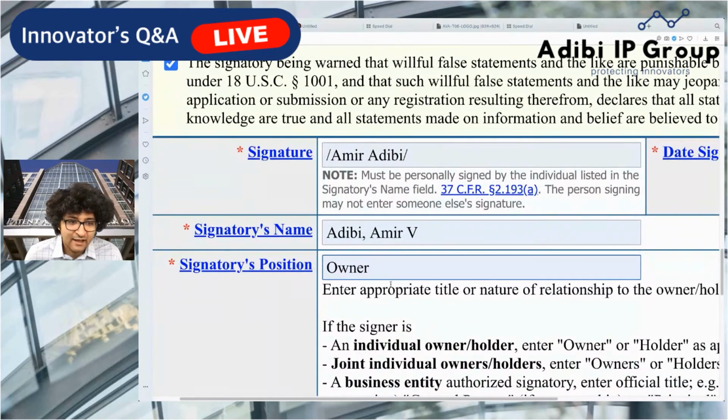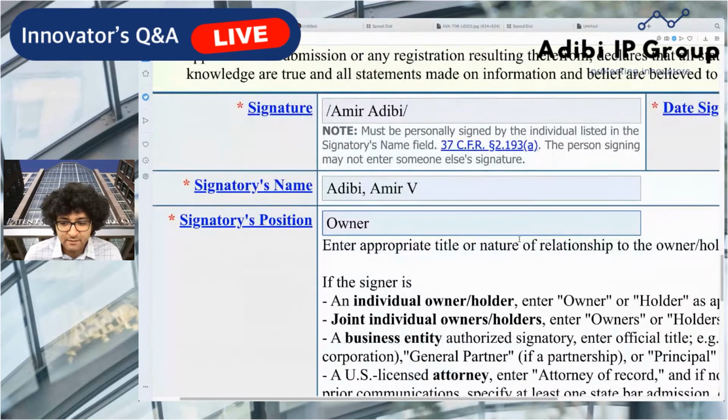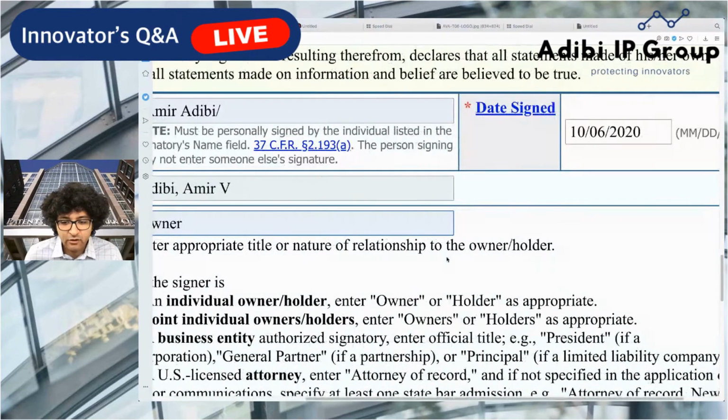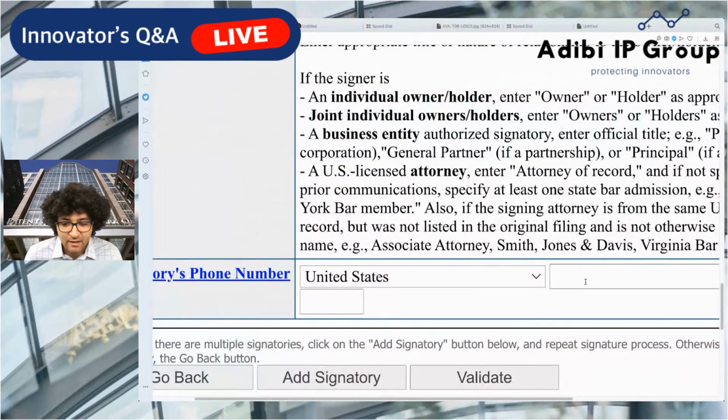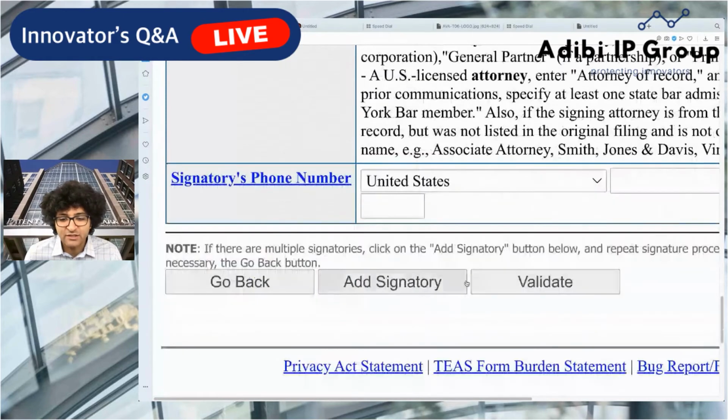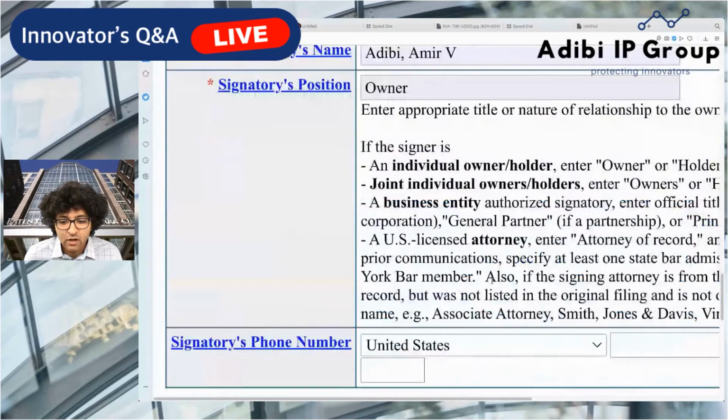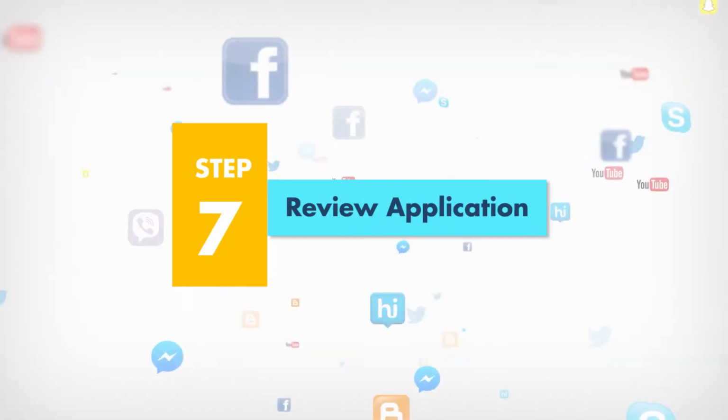And if you're doing this as an individual, you're probably the owner. Some people like to put holder, so you can put owner/holder or just holder. And then phone number, again, phone number is optional. So I'm going to go ahead and opt to not put my phone number in, just to keep more information off of the public record. So once I click validate,